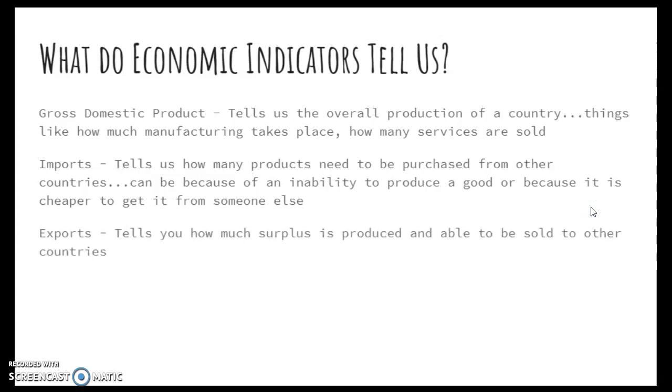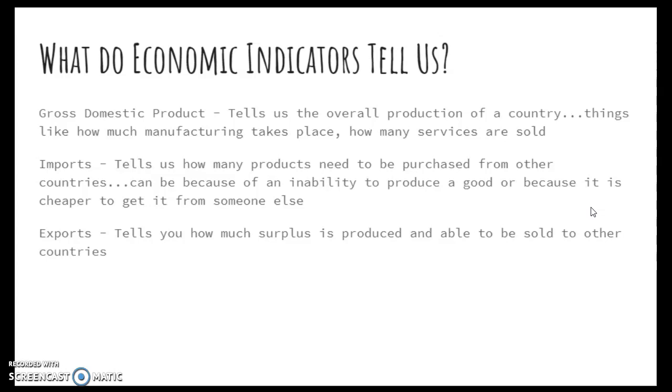Exports, that tells us how much is actually being sold to other countries. Now, this is always a surplus, right? If you need bread, if you need food, or right now, if you need toilet paper, right? We are not going to sell the toilet paper that we have to somebody else because we need it, right? And so whenever one country sells to another country, that is a surplus, right? So that is above and beyond what that country needs,